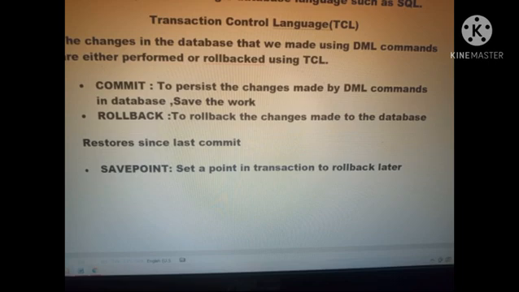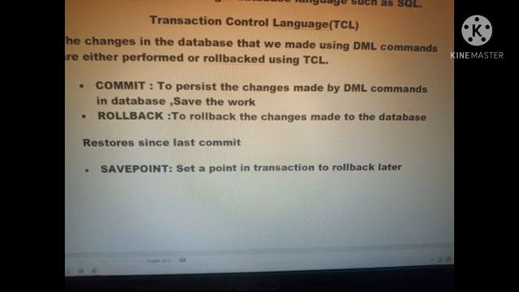Next one is transaction control language. We have 3 commands in it. First one is your commit, rollback, and save point. These 3 commands are used to control the transactions in transaction control language. The commit command is used to save the changes we have made in the database and also in the table. When we give permission to them, they can access the database and they can save the data. But the database administrator has the power to save all the data. He saves the changes that the user has done to the database.